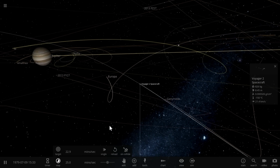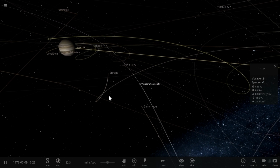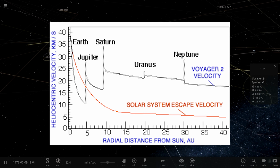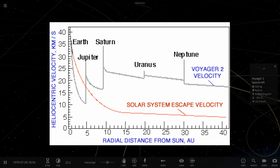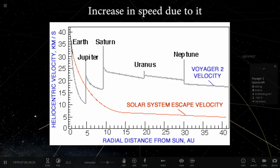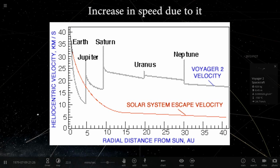And at this point, it basically got the so-called gravity assist, which by then was a completely newly discovered thing. People were actually pretty excited about it. They didn't really know if it was going to work, but it did. And the gravity assist here increased the speed of Voyager and would increase it every single time it passed a